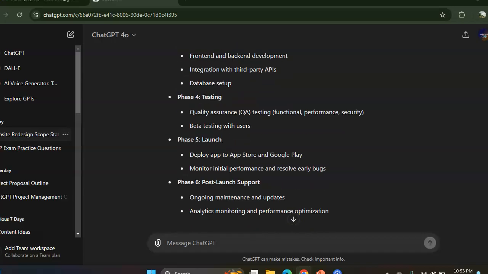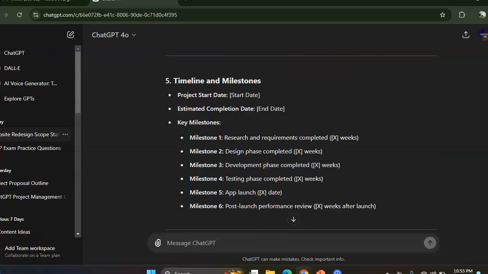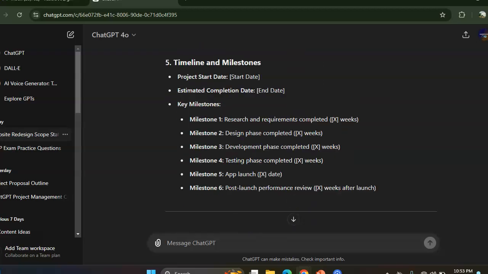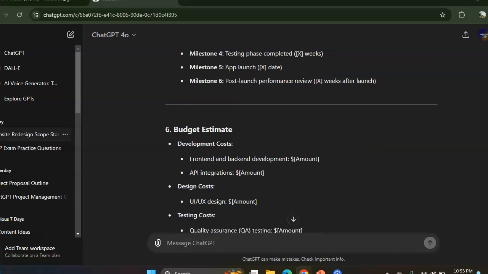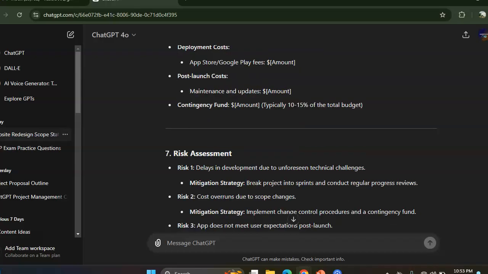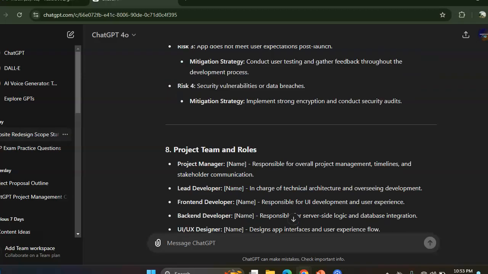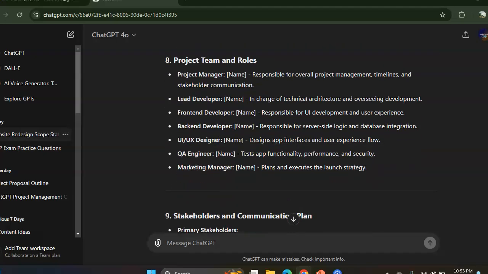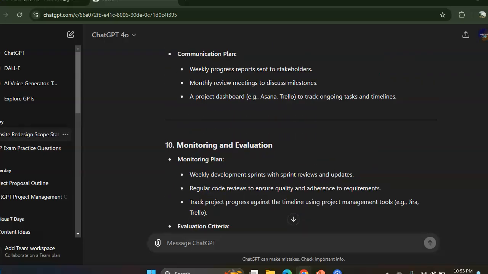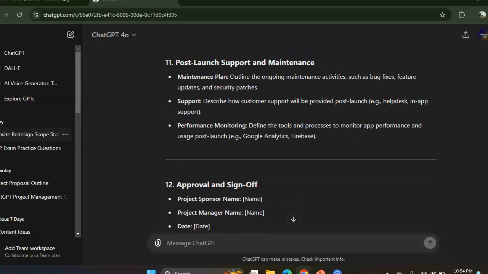4 testing, phase 5 launch, phase 6 post-launch support, then timeline and milestones, like what are the key milestones here, then budget estimate, design cost, testing cost, deployment cost, post-launch cost, contingency fund, risk assessment like risk 1, risk 2, risk 3, risk 4, team, project team and roles, required stakeholder and communication plan, monitoring and evaluation, evaluation criteria, post-launch support and maintenance, approval and sign-off. So you see that some comprehensive idea about